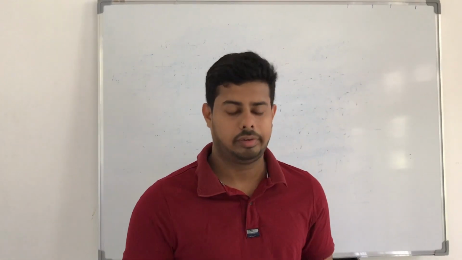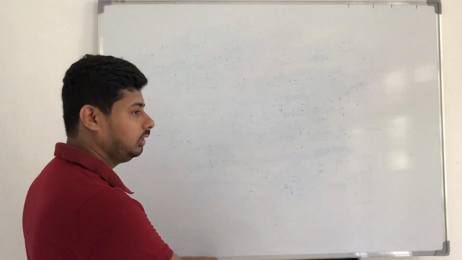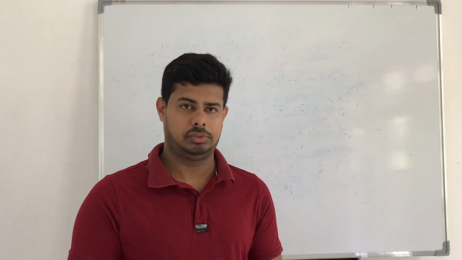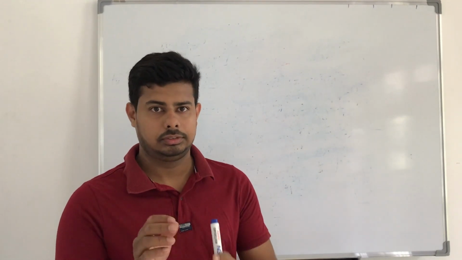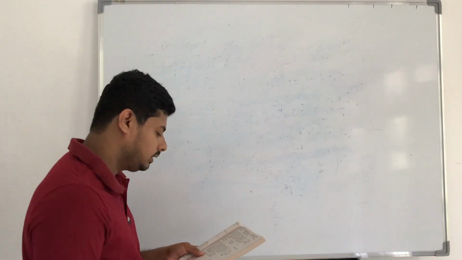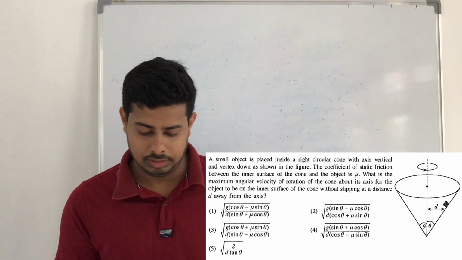Discuss a question related to circular motion. So this is actually a past paper question, and there are a lot of things to learn from this question. That's why I selected to discuss this one. Right. Okay. So the question is: a small object is placed inside the right circular cone with axis vertical and